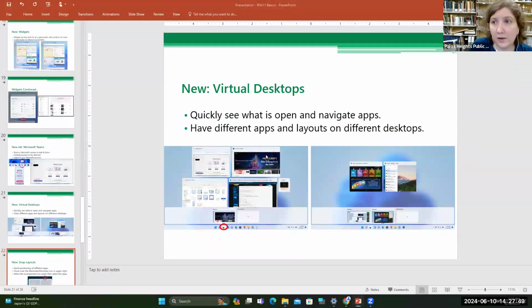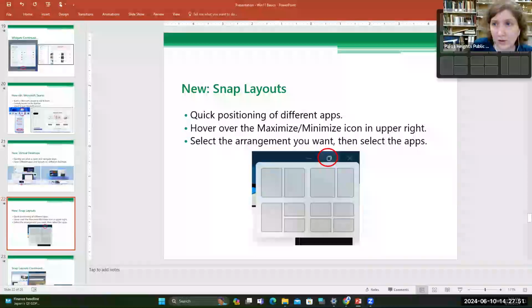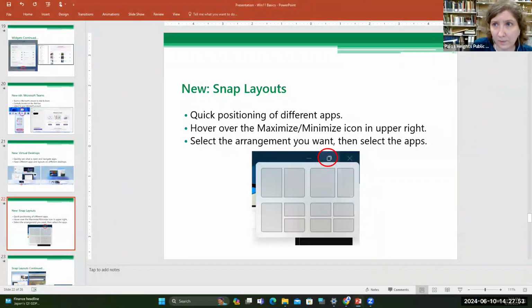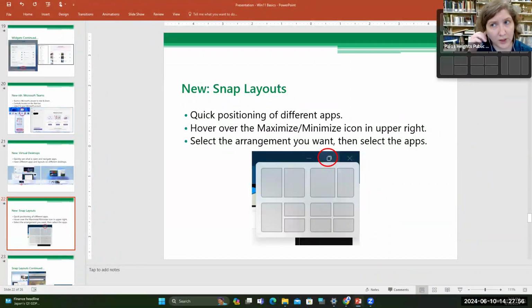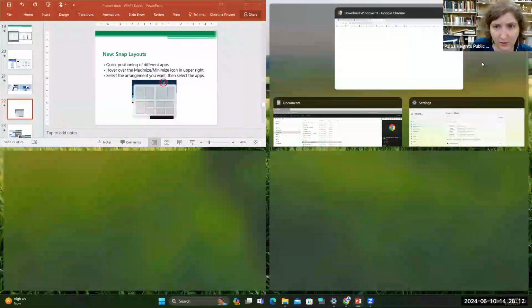Let's see if I can show this to you. So when I'm hovering over the maximize, minimize in the upper right here, you can see it gives me lots of different options for how I arrange the apps. So let's say I just want them all equal size here.